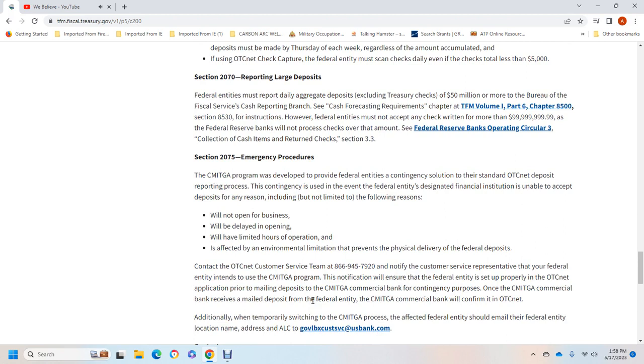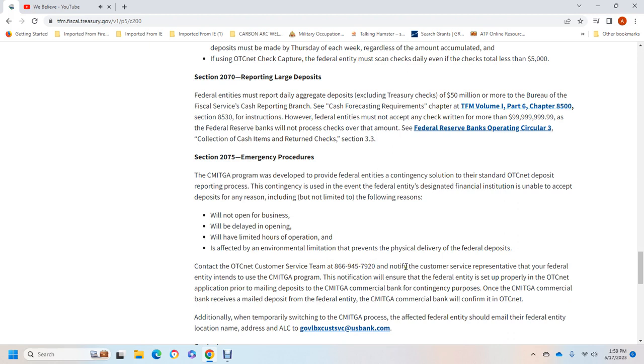Section 2075: Emergency procedures. The Mail-in Treasury General Account program was developed to give federal entities a contingency solution for depositing with Over-the-Counter Net, and for reporting the contingency issue, in the event the federal entity's designated financial institution is unable to accept deposits for any reason, including but not limited to the institution not opening for business, delaying its opening, having limited hours of operation, or environmental limitations that prevent physical delivery of the federal deposits. Contact Over-the-Counter Net customer support at